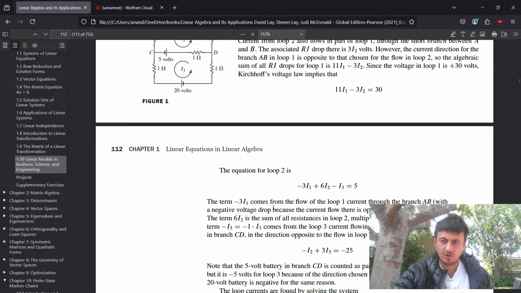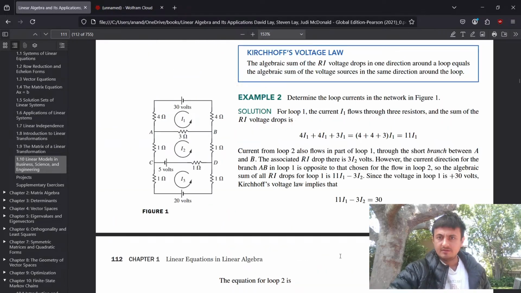Oh, yeah. Oh, but see, that's what I was thinking, it's not going to be 20, it's 25. Because the algebraic sum of the voltage drops around in one direction around a loop equals the algebraic sum of the voltage sources. And since these are opposite,